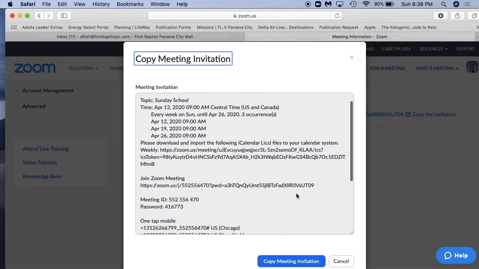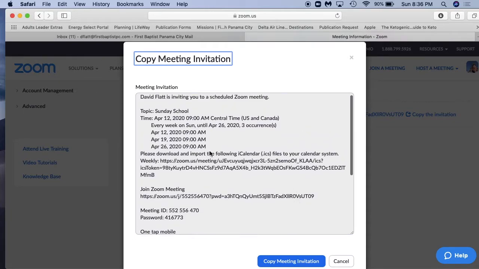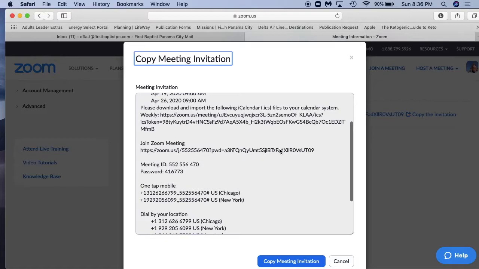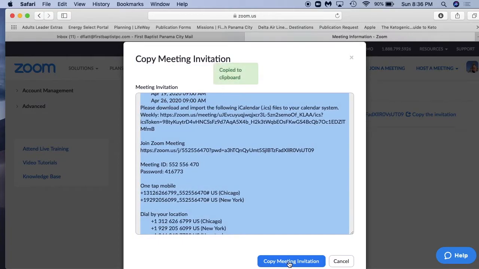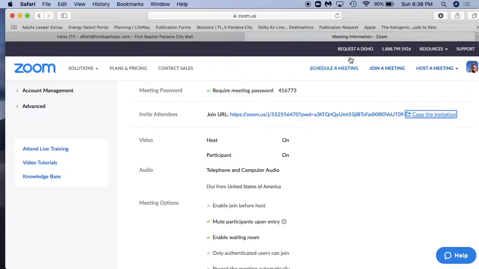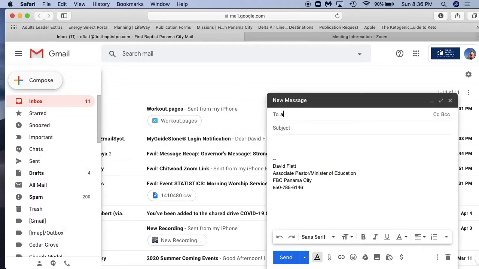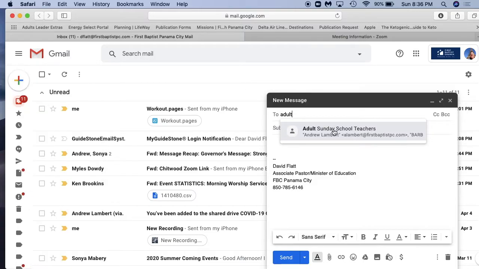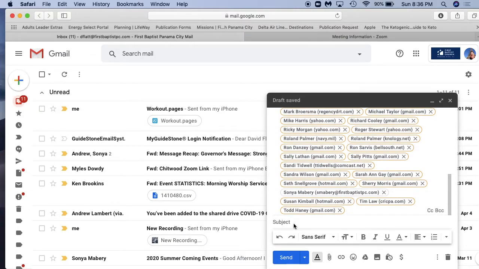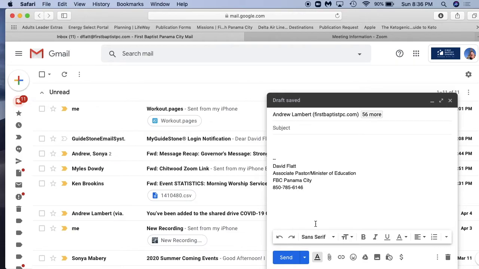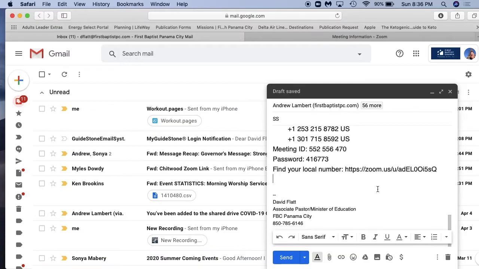you see this gives you all the information about your meeting, that it's going to happen every week at 9 o'clock. Here's the URL, there's the meeting ID, and there's the password. And so you click meeting invitation again, and then what I would do is I would go to my email. If I'm going to send this out to adult Sunday school teachers, I would do that. Come up with some subject, just call it Sunday school,